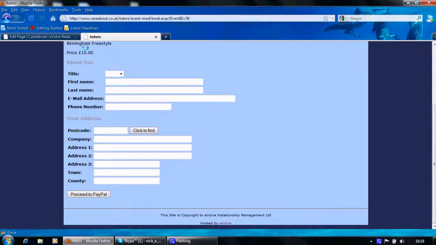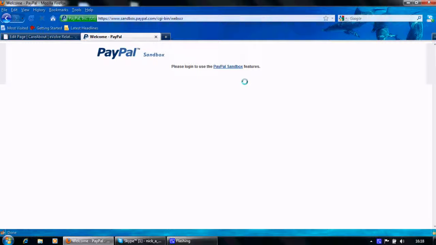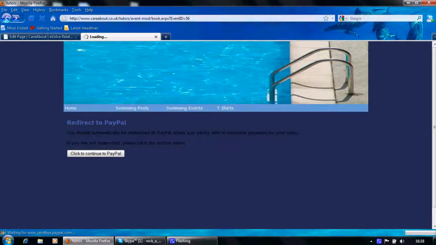And because we have got a £15 price, if it was nil, it would just say submit your form. But because there's an amount of money, the next step is proceed to PayPal to take the money. And if there was a PayPal account set up for this, you can have a quick look and see, and that's where you would set up the payment. So, going back,